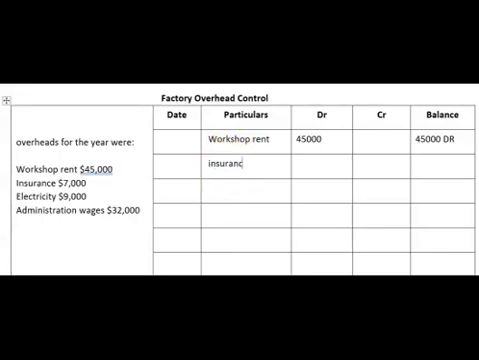Insurance is another additional cost we had. Again, it goes in the debit column, and as we did previously, debit and debit we add, so we'll get the new balance. Similarly, there is another additional cost, electricity. Again, it will go in debit